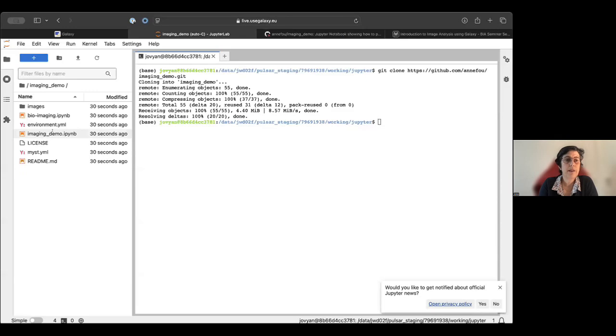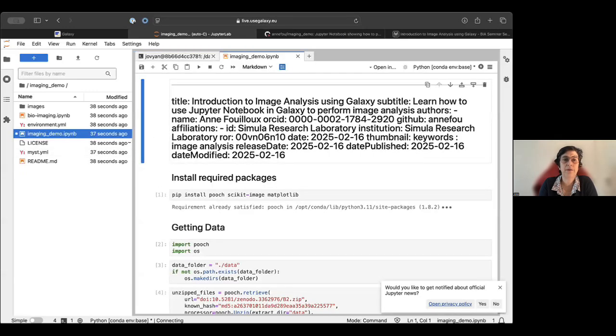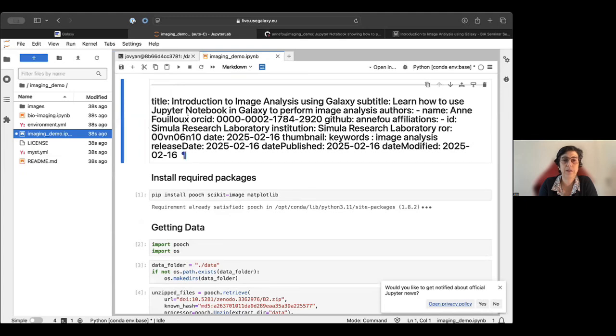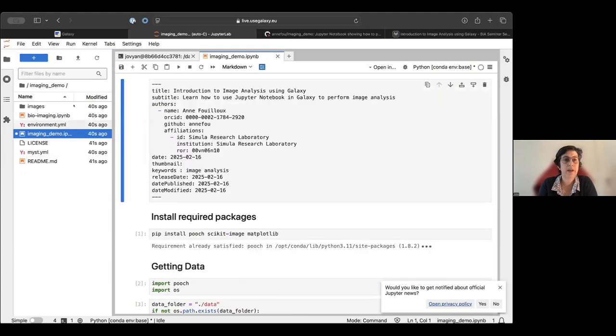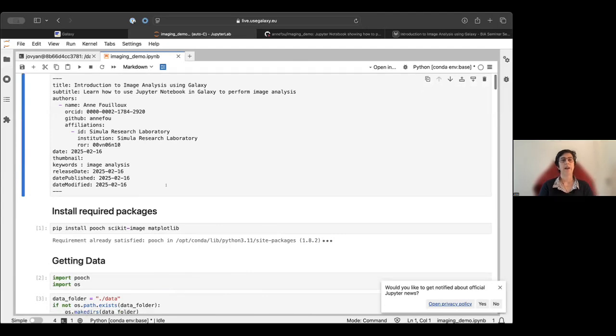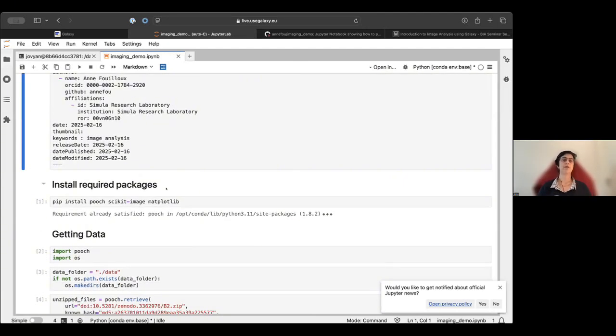So let's open it, and it's like any Jupyter notebook, you can double click and you will have the Jupyter notebook with some metadata here. Sorry, and I can remove it. And of course, when we start the Jupyter Lab here, it's a very basic Jupyter Lab. You have very few packages installed. And the flexibility in Galaxy is you can install whatever you want in your environment. So you have the full flexibility on any new tools or packages you would like to install to perform a new image analysis.